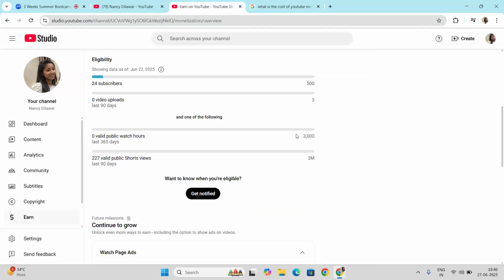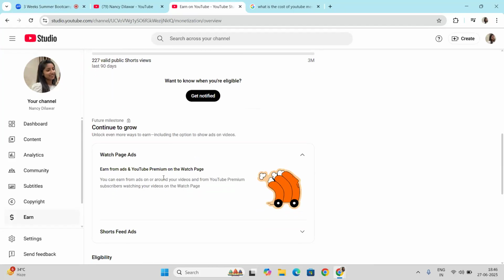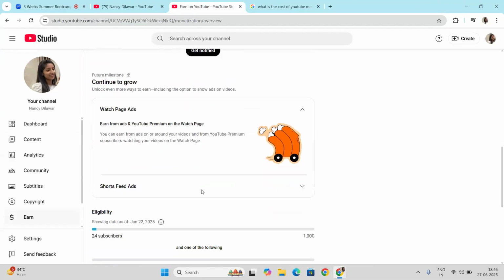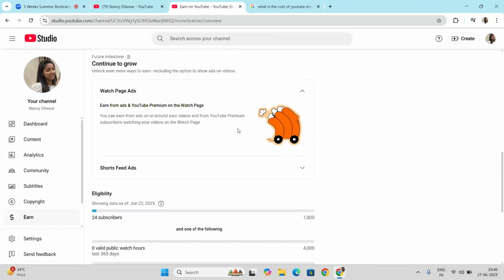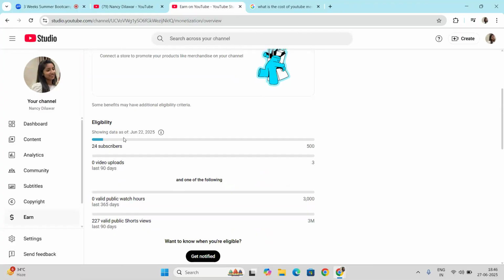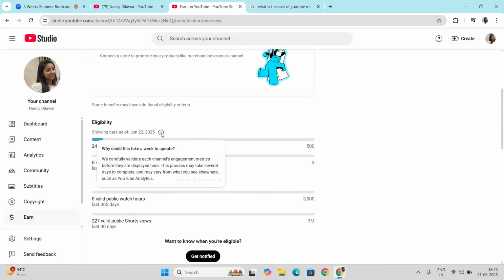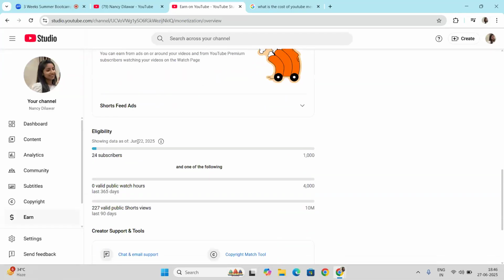When you complete any one of the following and these two, you can be notified if you click on get notified. And below you can see the ads option, if you want to go for ads. Here you can see it is showing data as of June 2025. Again, the eligibility is given where 1000 subscribers should be there, 4000 watch hours, and 10 million.